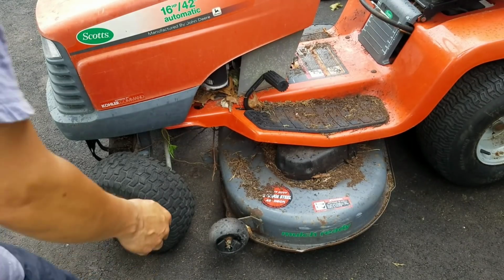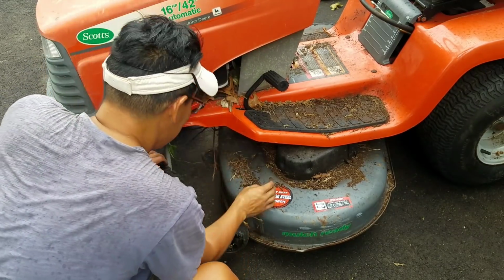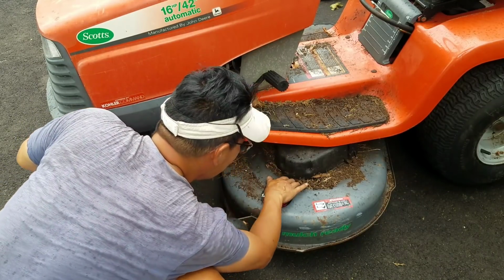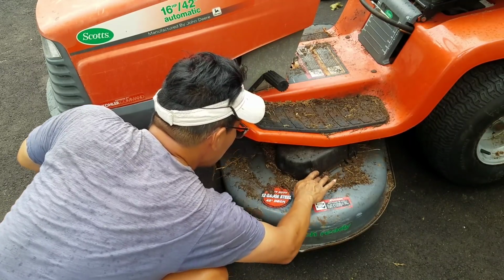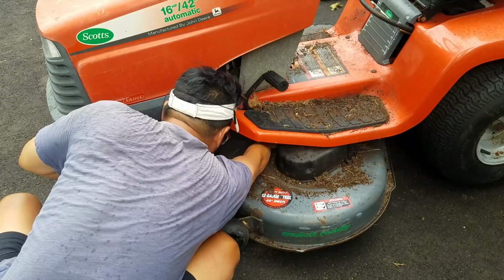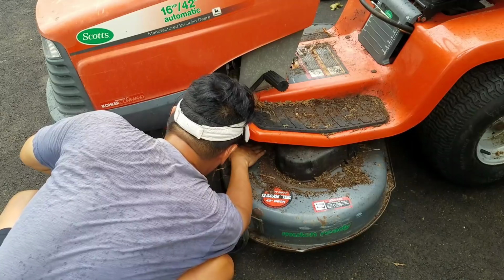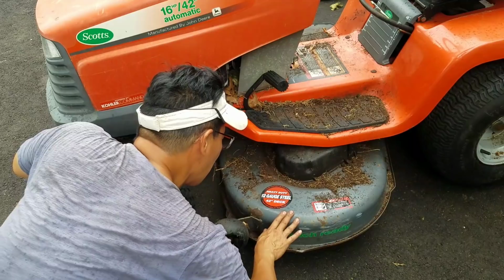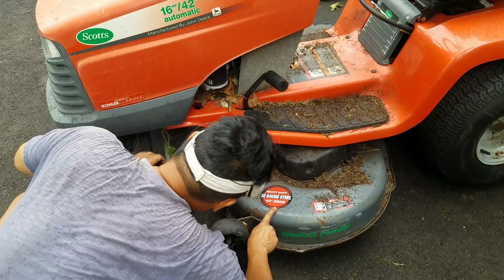As you can see with the deck, it's got the anti-scalp wheels in the front. And it's got a lot of brush in here. A lot of leaves, twigs, branches, dirt. But I'm feeling over here, look, it's not rusted at all. I can still see the gray paint. Even on the interior part where it's usually wet, I might be able to feel a little bit of rust. You know, maybe the paint might be chipping, but solid deck. Look at this. Because it's built stronger to last longer. Heavy duty 12 gauge steel 42-inch deck. Nice. So look,